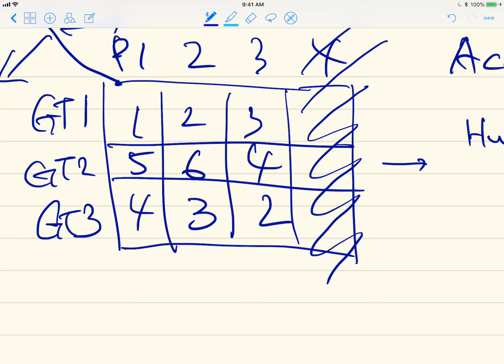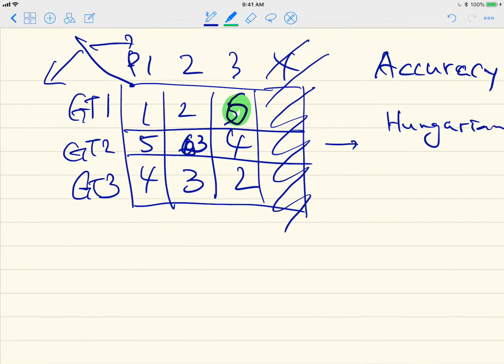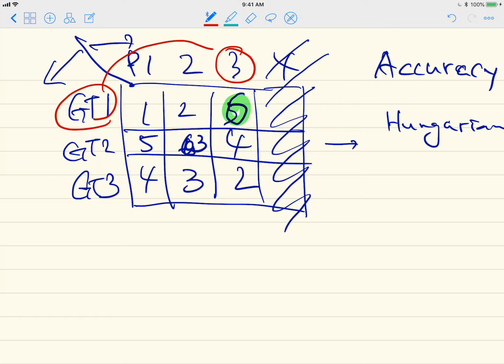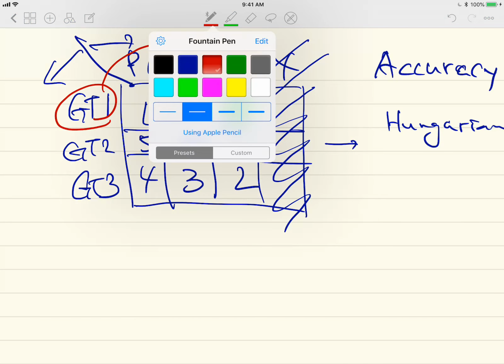In this case, let's just try to maximize our accuracy. Let me change it to 6 and maybe 3. The greedy strategy that we can use is to pick the largest entry among these 3 by 3 grids, or all these possible cases. In this case, we can infer that this guy is matching the predicted class 3, right? And then we can just